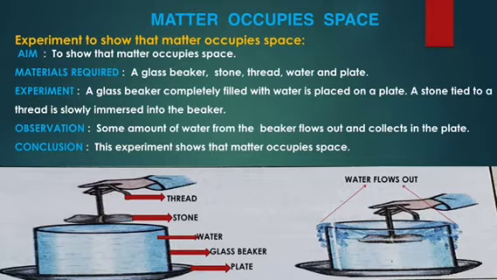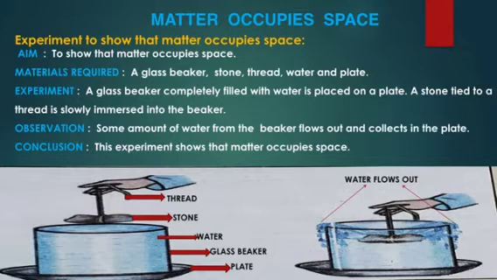So, what is the conclusion? This experiment shows that matter occupies space. So, when the stone was put inside the beaker, the stone occupied some space inside the beaker filled with water. So, what happened? The water